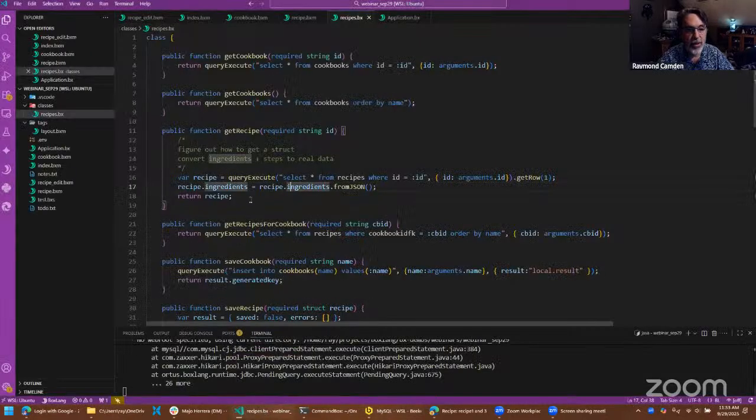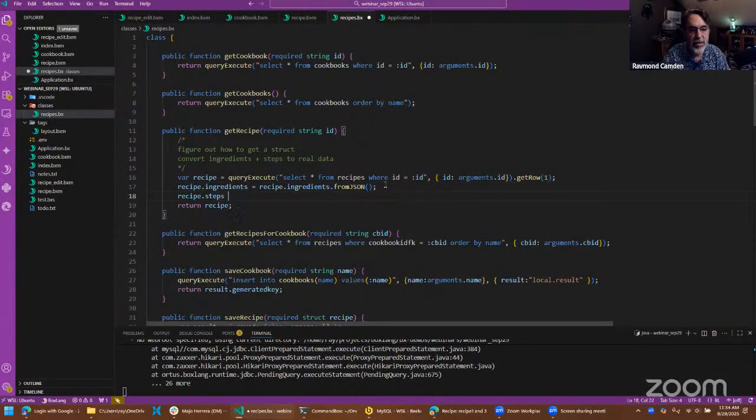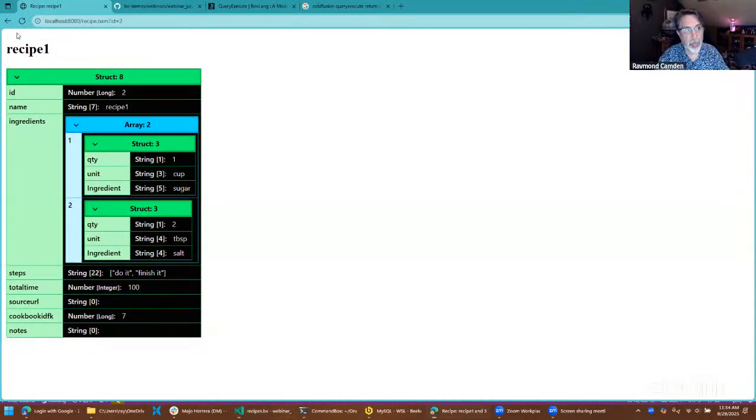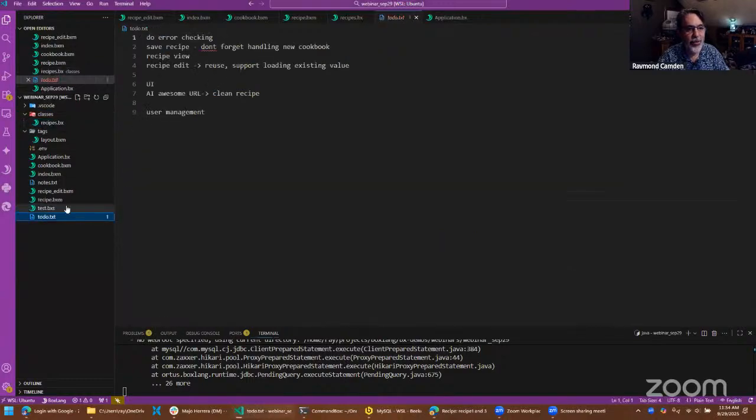But let's go ahead and fix steps, and that'd be a great place to stop. Recipe.steps equals recipe.steps from JSON, and then verify, and y'all, we have a recipe. Not very well presented, but